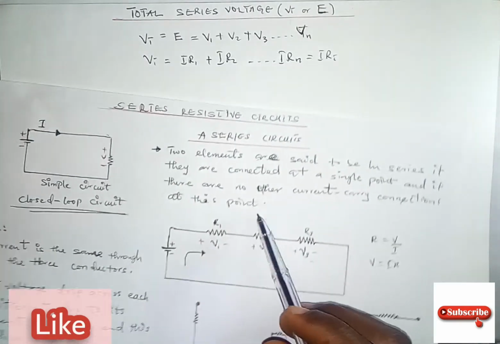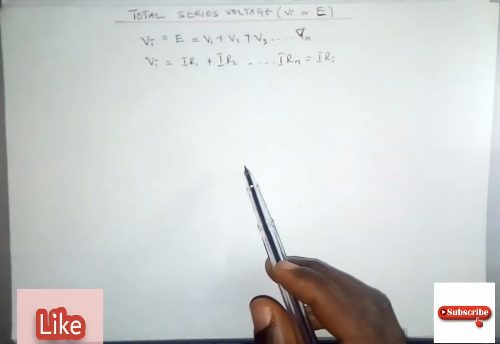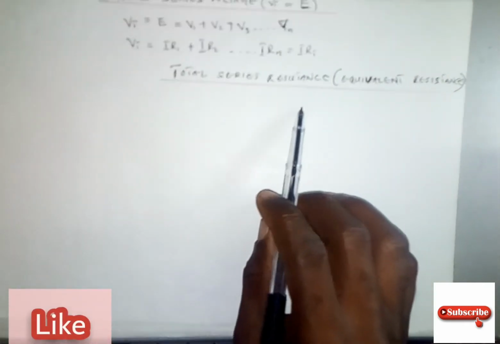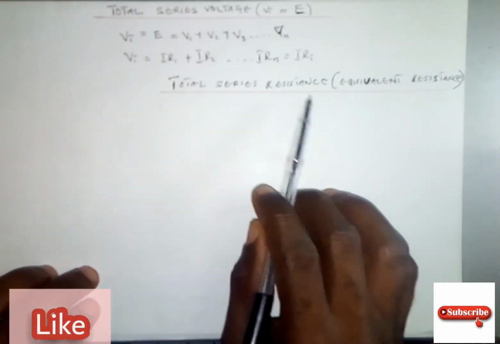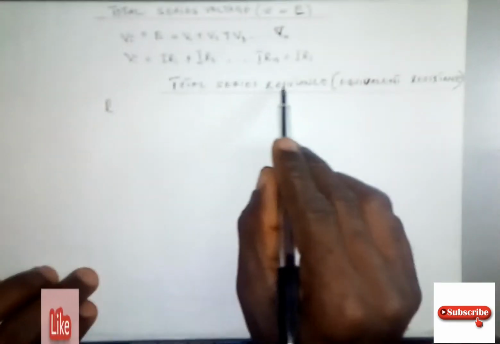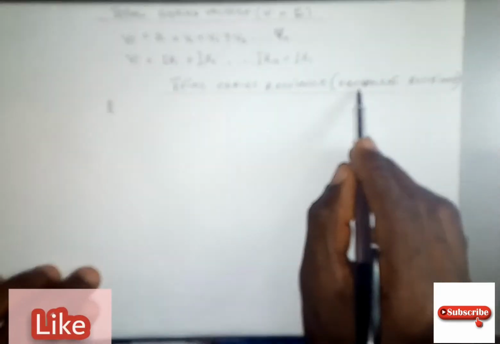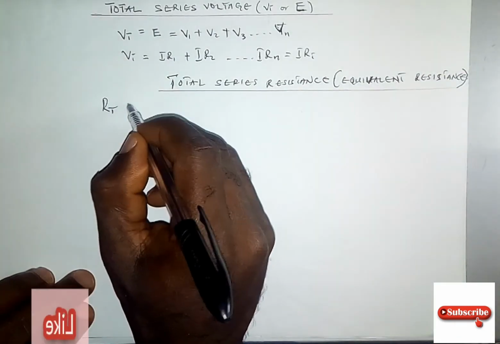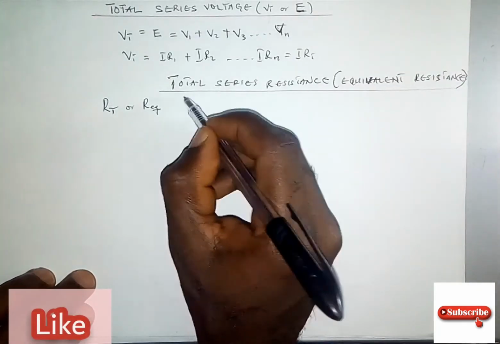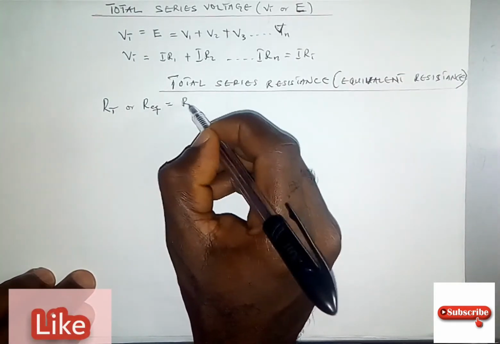This can also be carried out by Kirchhoff's voltage law. The total series resistance can be called RT, or REQ, which is known as the equivalent resistance,